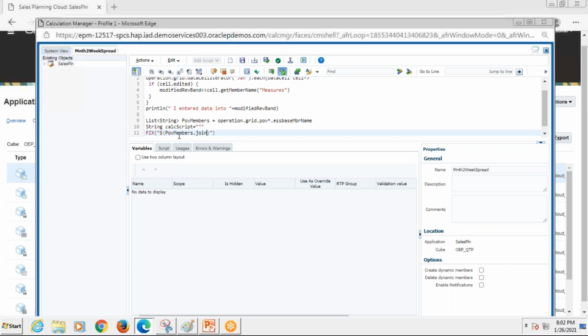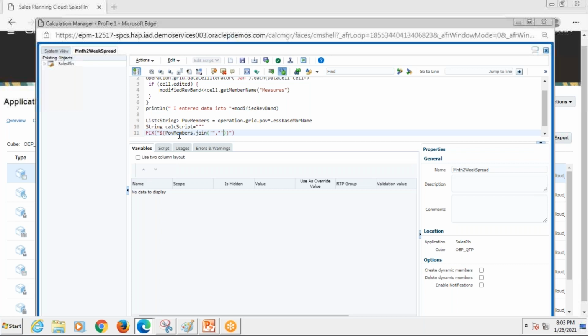And within the join, we just need to give single quote, double quote, comma. By that, whatever is in the single quote, it is going to use that to join the members.